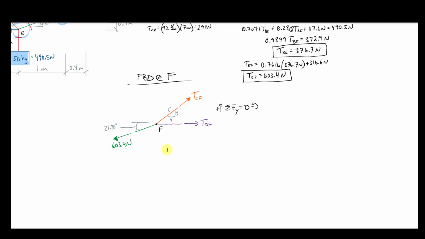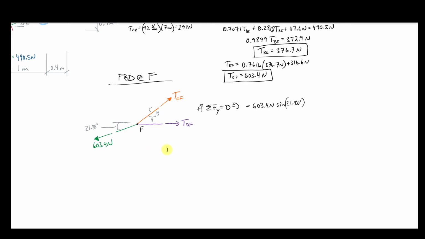When I write this, I'm going to have 603.4 newtons, my green vector, times the sine of 21.80 degrees. And that is negative, right? Because that y component is pointing down, right? So I need to account for that with that negative sign. And then I'm going to have plus TCF